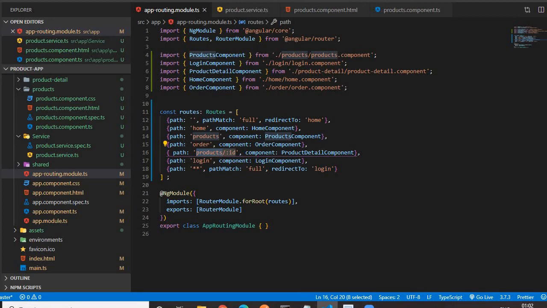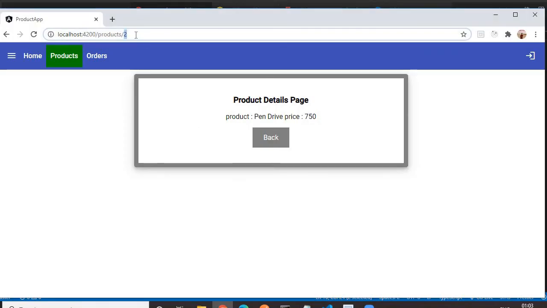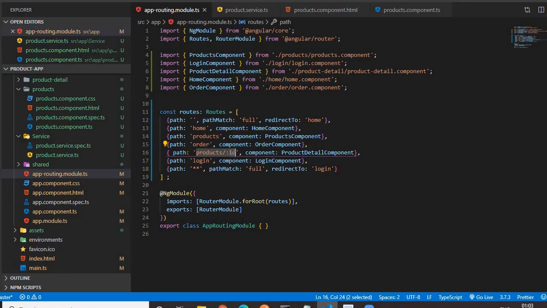Also, like I usually preferred, so we are navigating to this product detail page from the product component. In the product component we have given product path. So the best way of writing the path is from which page you are navigating, that path you will mention here. Then you have to give a slash, then colon, then any name of your choice. This colon ID is called the placeholder. That will contain the parameter, means the ID that you are seeing in the URL, this ID 2, 3 or 1 on the basis of whatever product we clicked, that value will be stored in this placeholder ID.